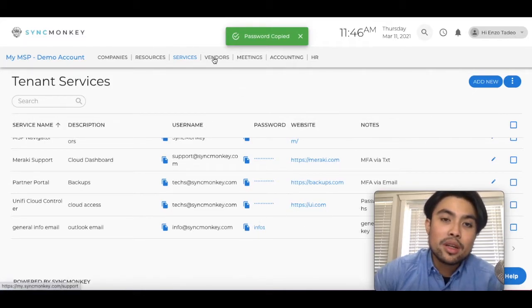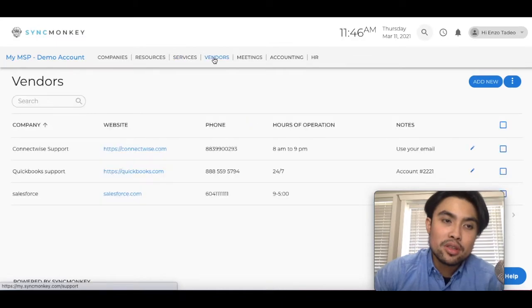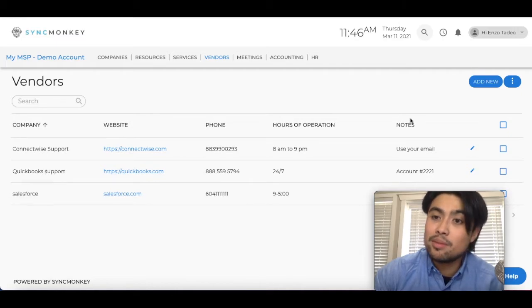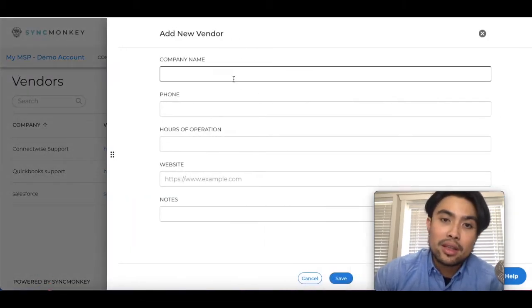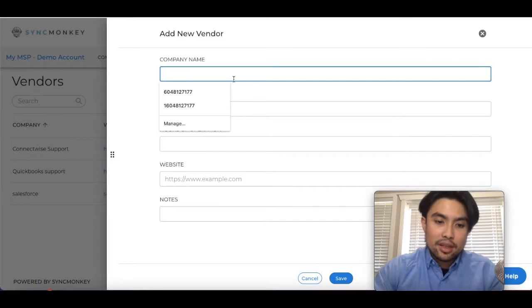Now the next thing we want to look at is the vendors. So these are the support teams that you need to connect to whenever your services, or the things that you need support on, will be here for you for quick contact reference. Stuff like, say, if you're using Salesforce and you need their support team's number, or QuickBooks and their support team number. So for the last example we did, let's say we want to reach Outlook